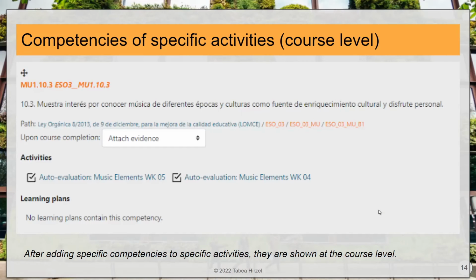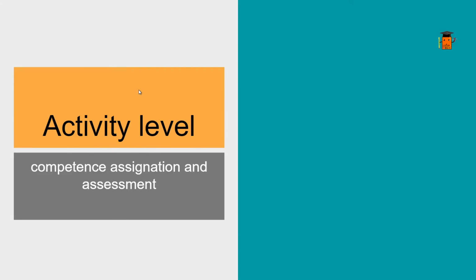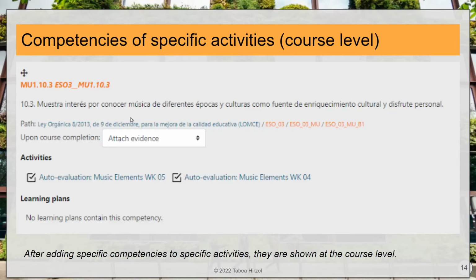At the activity level, you can also define them. You actually must do that. And then you will see in the list we have seen before, in this list, you can see the activity that is added to a specific competence. And you will see that you can add several competencies to a single activity, and you can also add a competence to several activities, which makes the tool really sufficiently flexible.